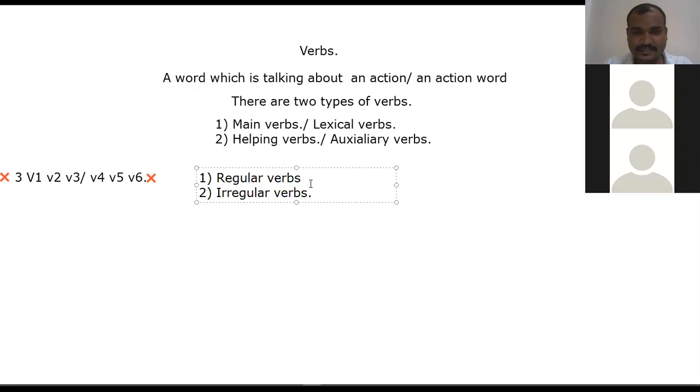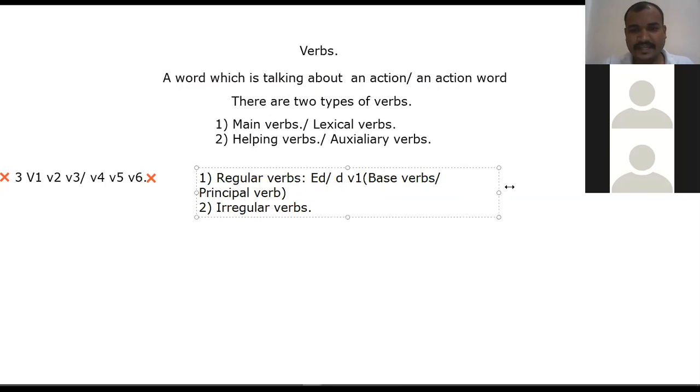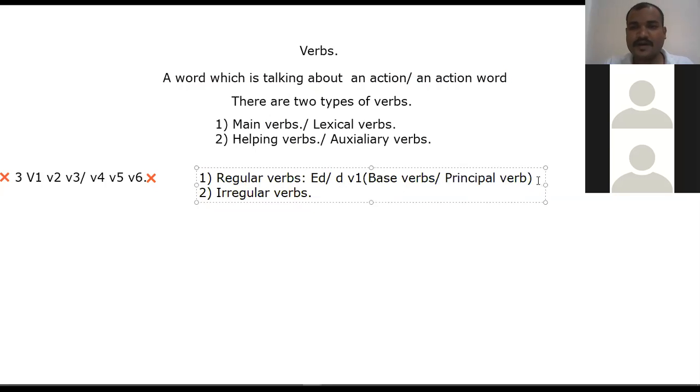A regular verb generally changes with ed or d. Very good. So by adding ed or d to the V1, right? So what is meant by V1? The present simple, base verb or principal verb. So by adding d or ed to the base verb or principal verb,